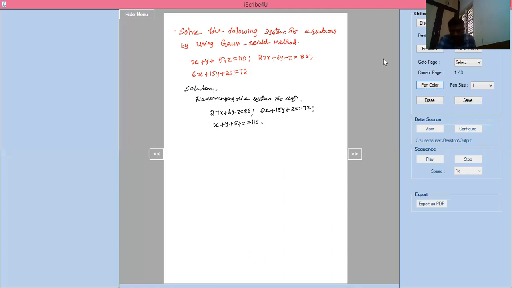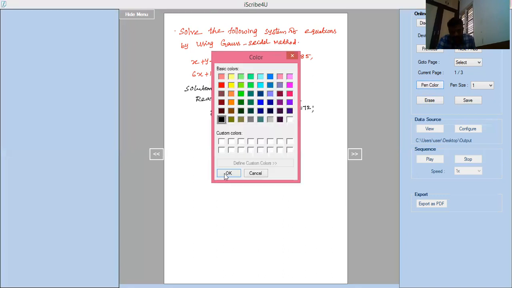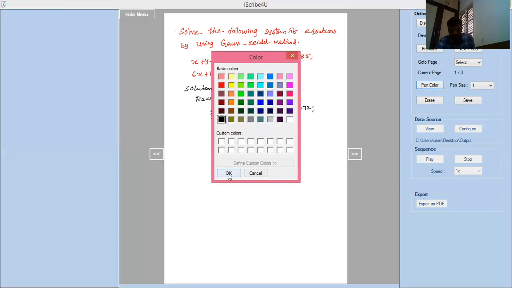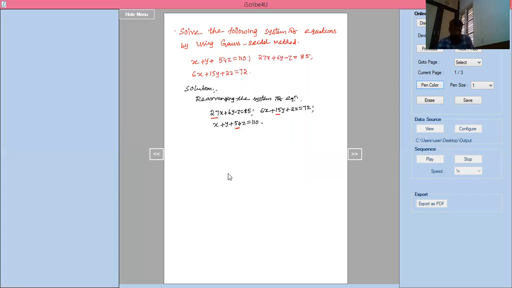Here, the first variable should be diagonally dominant. You can see now this one is greater than the sum of the other 2 elements, and here the second element is greater than the sum of the other 2 elements, and for the third, 54z, 54 is greater than the sum of the other 2 elements. Now I can arrange these equations. X equal to some y variable, z variable, and some constant.